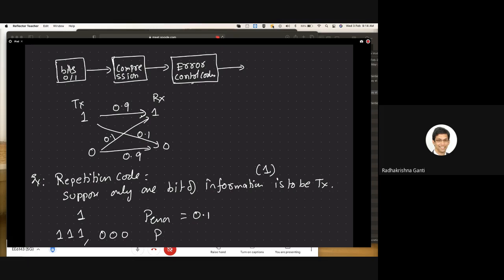Suppose I do that. Can anyone tell me what the probability of error will be? Will it be at least less than 0.1? It will be of the order of 0.001. It's not exactly 0.001, it will be less than 0.001. It's easier to compute the probability of correct detection. So it's very obvious that in this case your probability of error will be less than or equal to 0.001.